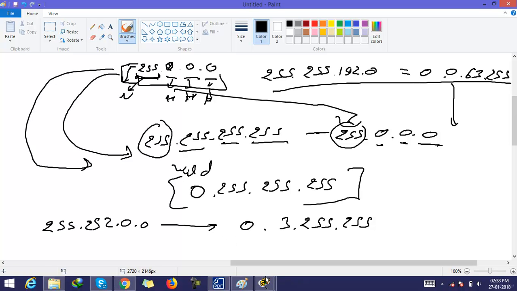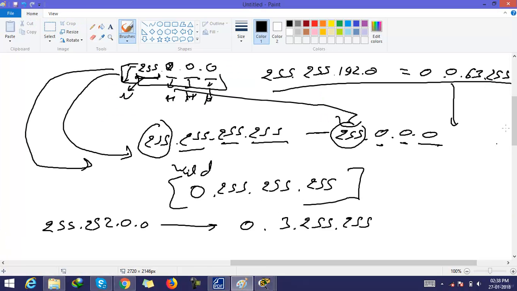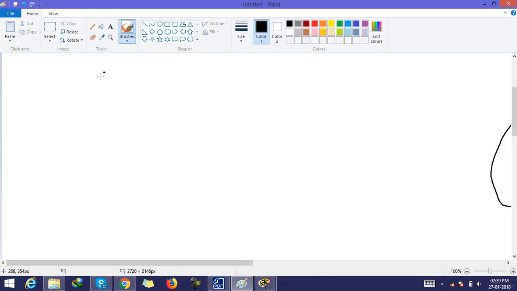In this example, we are using /29 and /8. So for /29, the subnet mask is 255.255.255.248, and for